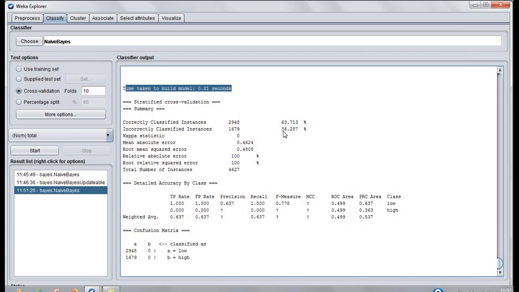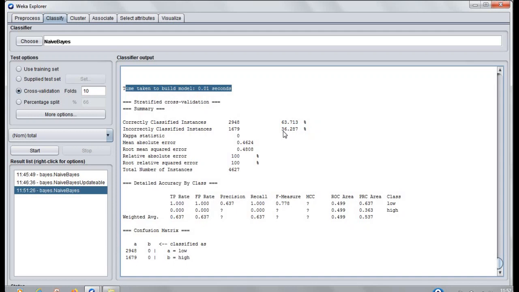So we still need some further improvement in my classification method, where I want more accuracy, I want to lessen the incorrectly classified instances and improve the correctly classified instances. Here you can also see the mean absolute error. You can find out the root mean squared error, relative absolute error, root relative squared error on a particular data